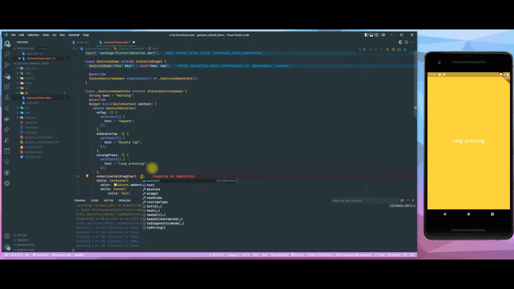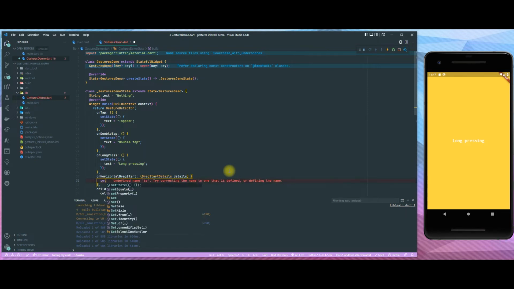It's also expecting a function here, but this can take a parameter, and you can have drag start details. Let's call this details for a sec. And this details basically contains information about your drag movement, like the offset, where you're starting from, what your position is, where you're dragging from, and you can also do stuff with that. So let's do a set state again. In this case, I want to do something with these details that we have. So let's update text, and then in the text I'm going to put